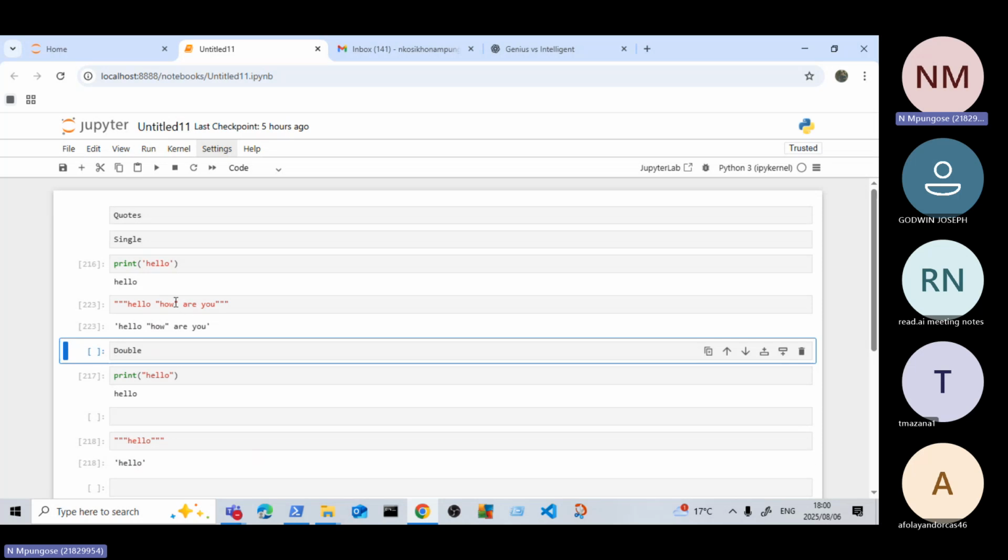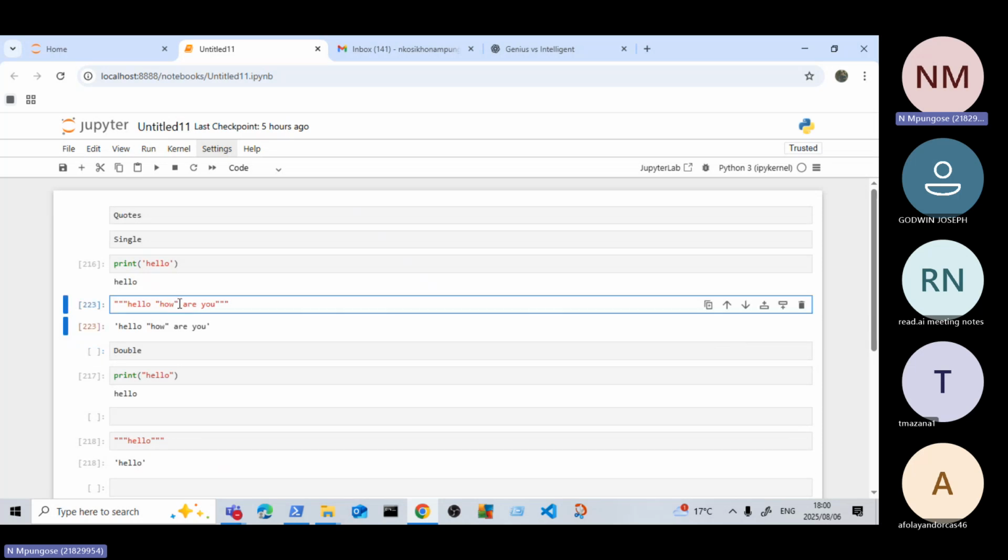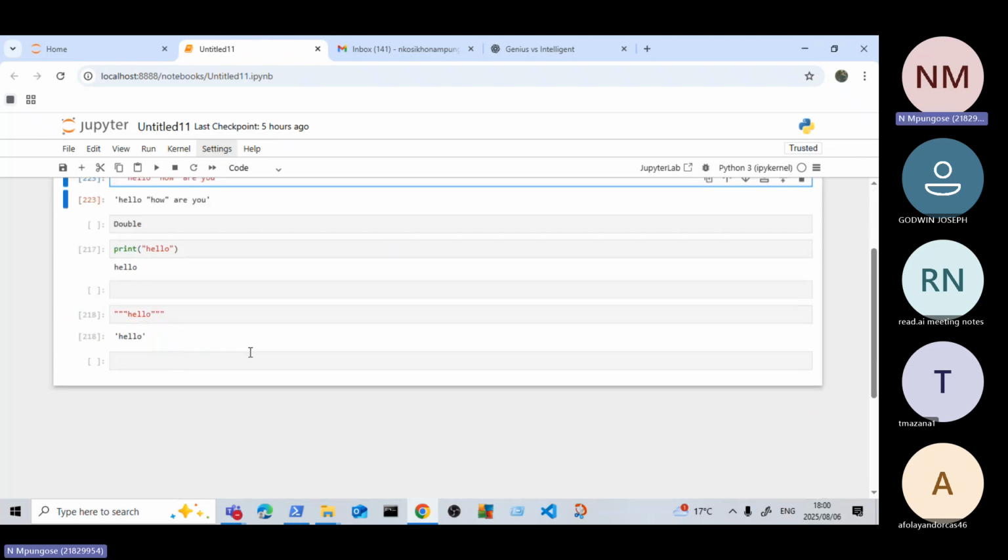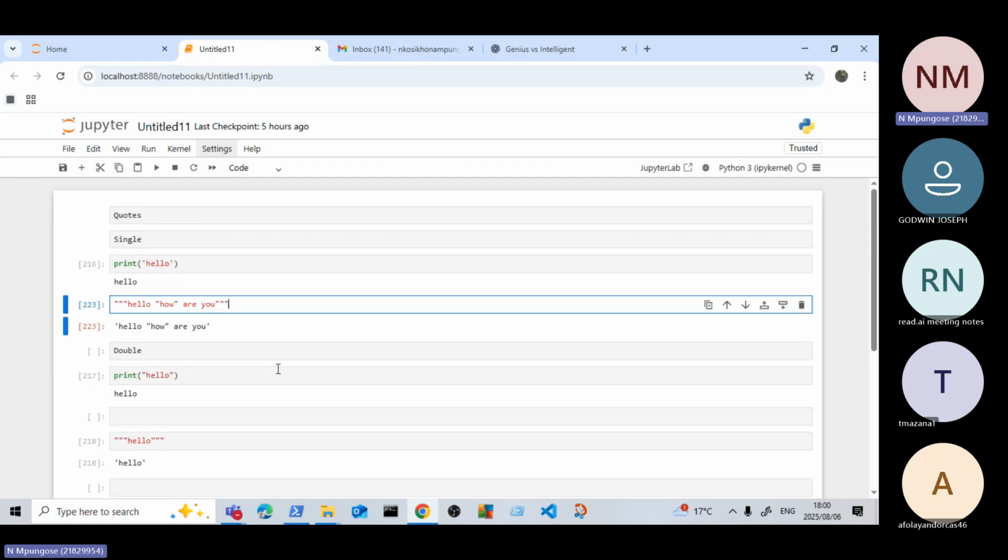If you have double quotes inside your sentence, then you can use the triple quotes. So this is just what I wanted to add. There's nothing more. I think Dorcas has given you a lot that you're going to use in the future.